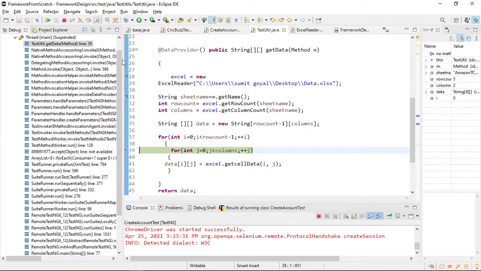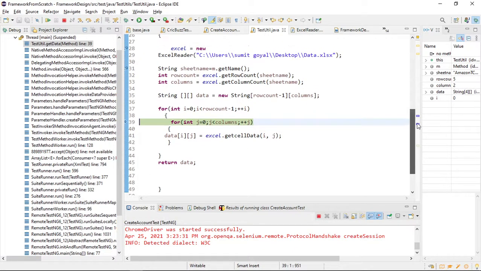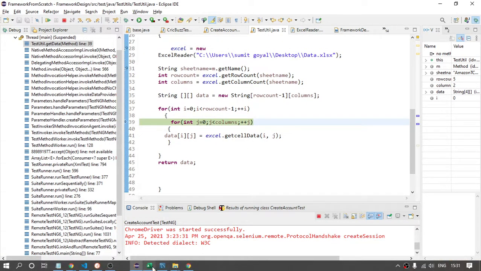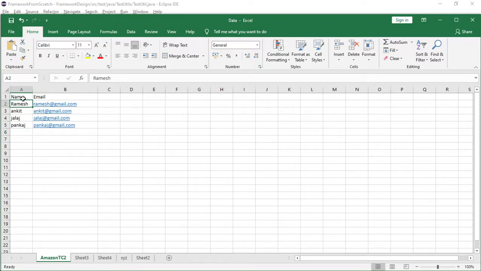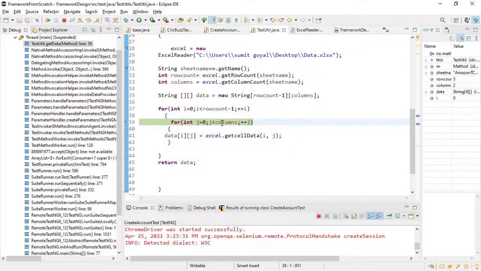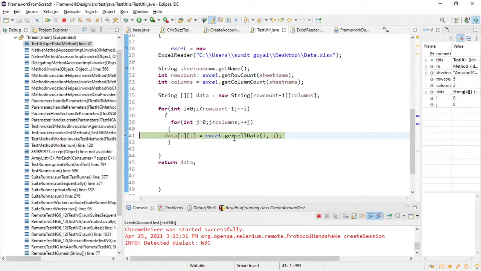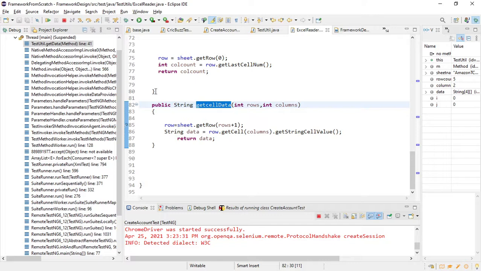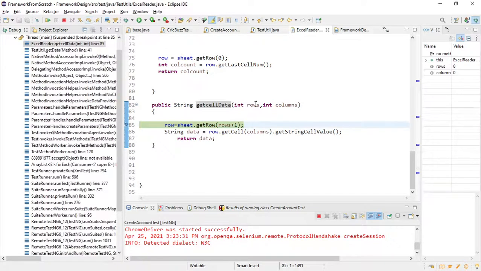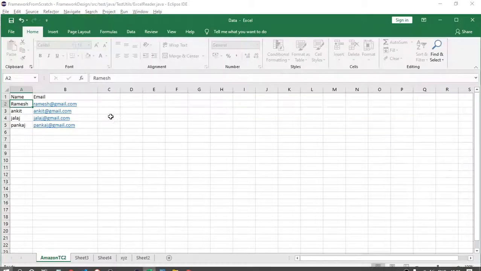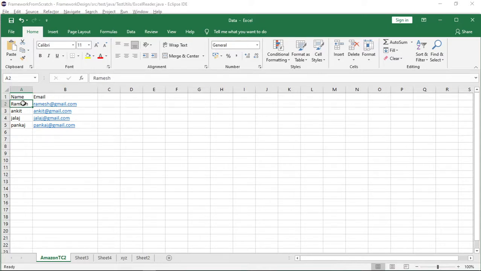Once we create the array, I will use one for loop to get the data. If you see this, I want to get this data first. It will be at 0 0, 0 1, 1 0. Ramesh is at index 1 and column number 0. If I go inside, again I have written one method. What is the value of i? As of now, for the first time it will be 0 0. If I go inside and come here, it is 0 0 again. If I provide 0 0, it will give me this first data, which is name. But I require this particular Ramesh.